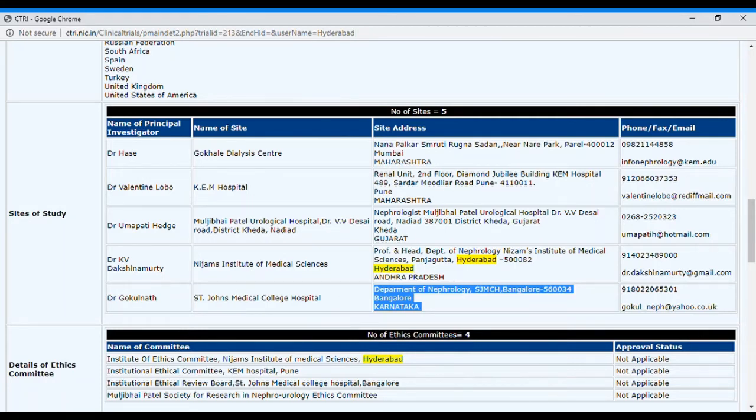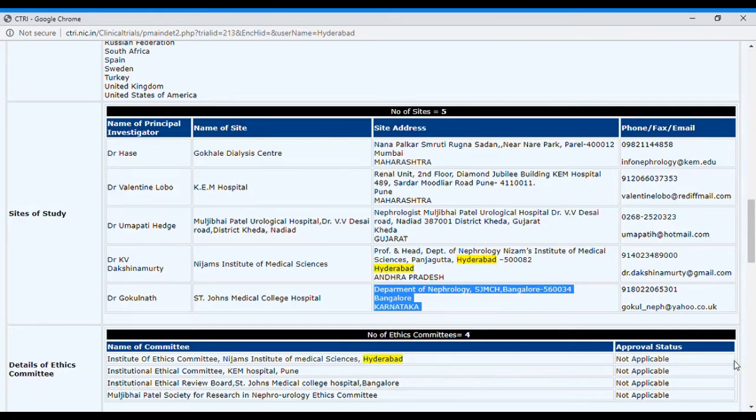Now here the principal investigators' contact numbers are mentioned in this particular section, but as these phone numbers are of doctors, and doctors are very busy people on this planet, they are not going to answer whatever you will be inquiring about.